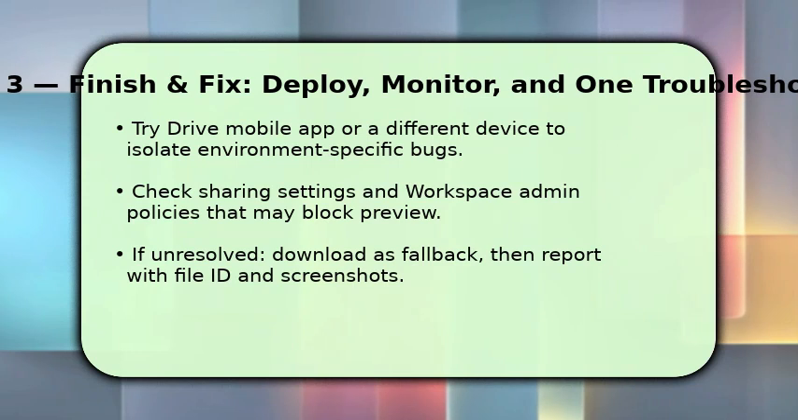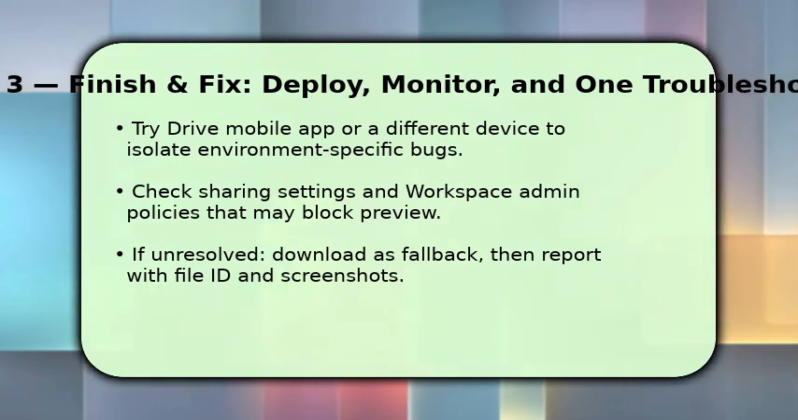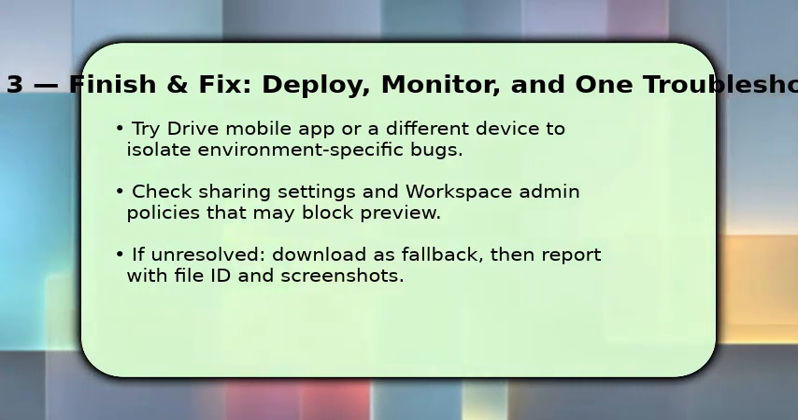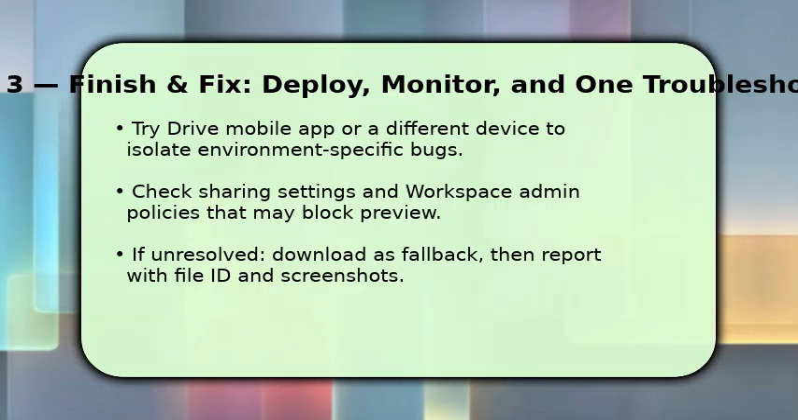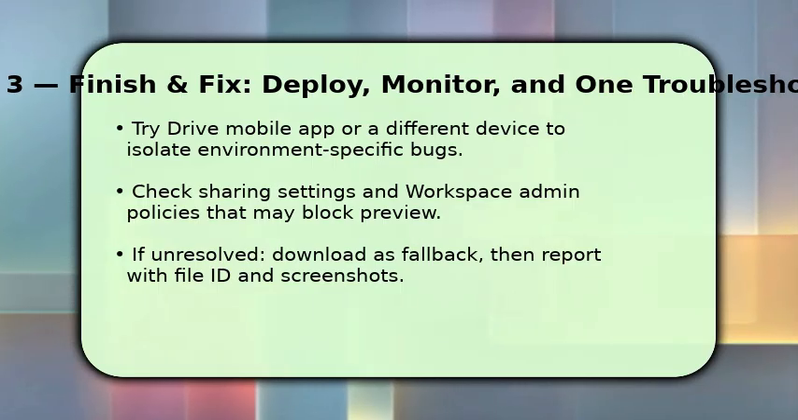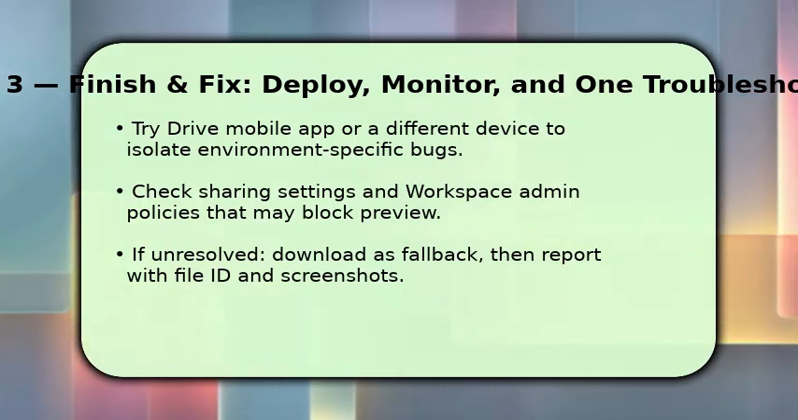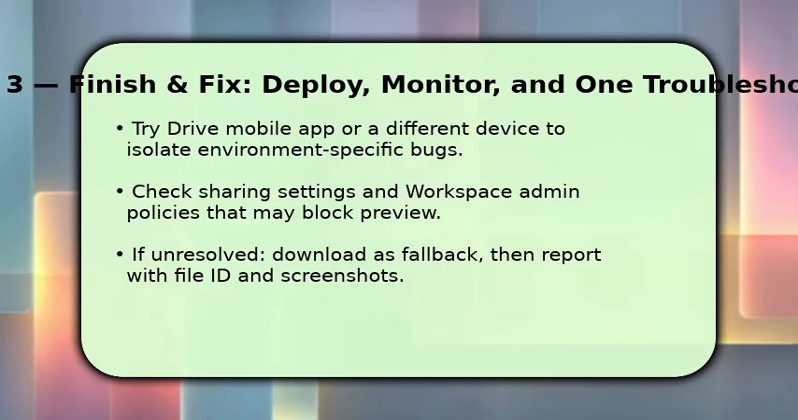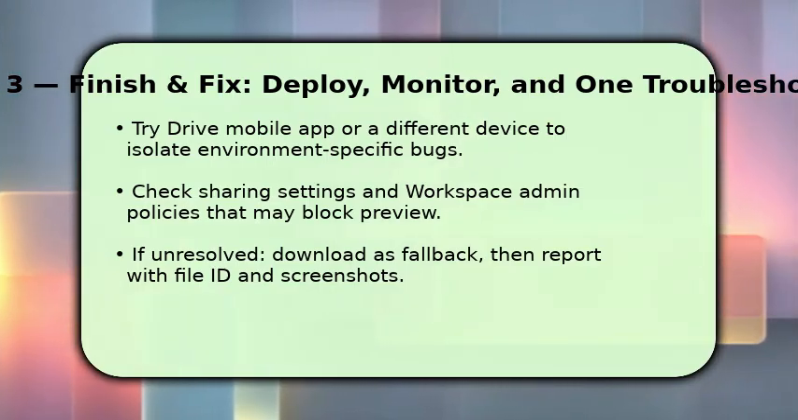Open the file in the Drive mobile app or another machine to see if preview works elsewhere. Make sure sharing permissions aren't preventing preview, and if you're on a workspace account, confirm admin policies aren't blocking file viewers. If preview still fails, download the file as a fallback so you can access content immediately, and then report